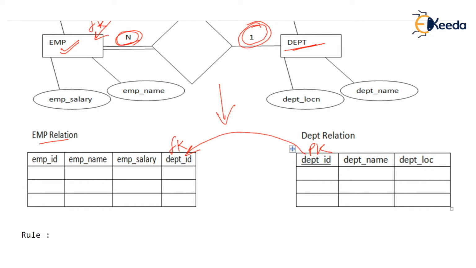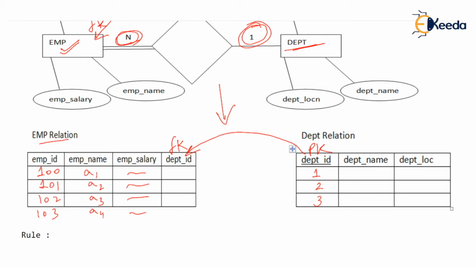Now, what is the meaning of all this and why have we done this? Just check. Suppose we have these employees. Very interesting discussion. You see, 100, 101, 102, and let's say 103. 4 employees. And some names, I'll say A1, A2, A3, A4. Let's not waste time in writing names. And some salaries. Now imagine we have 3 departments, 1, 2, 3. Remember, department number should be unique.